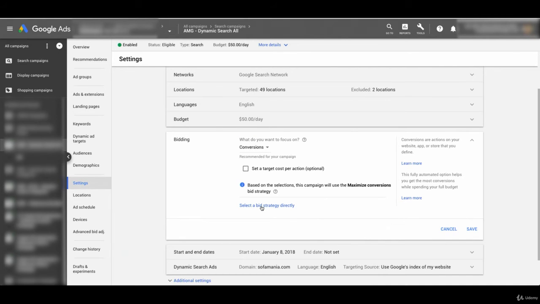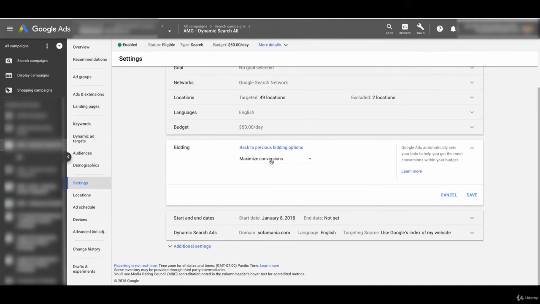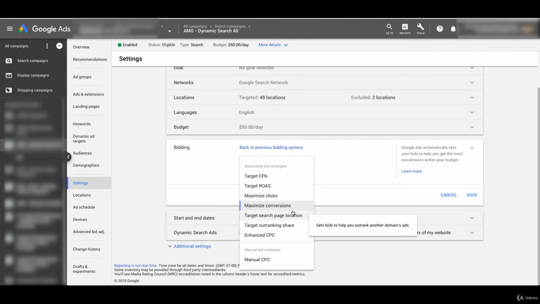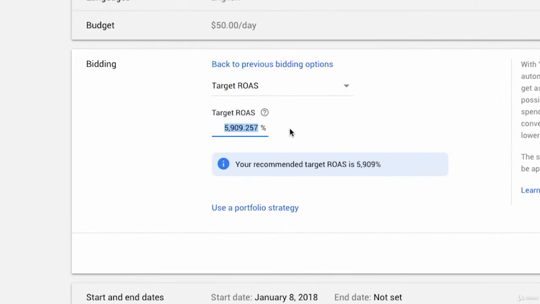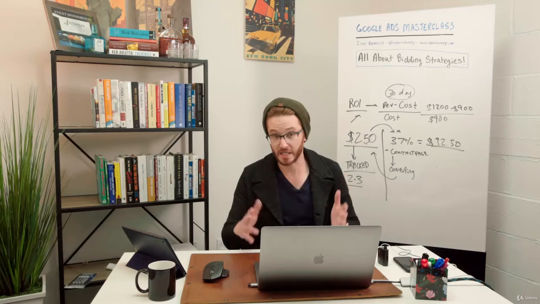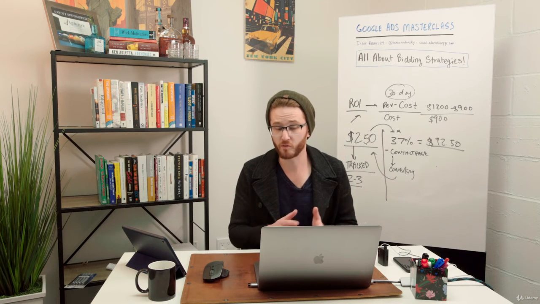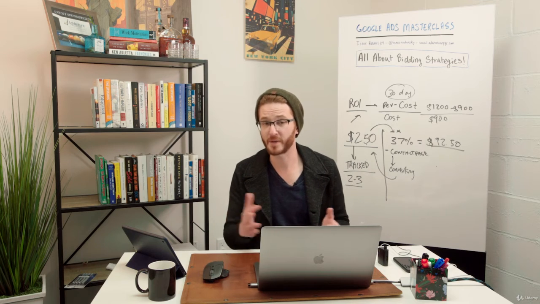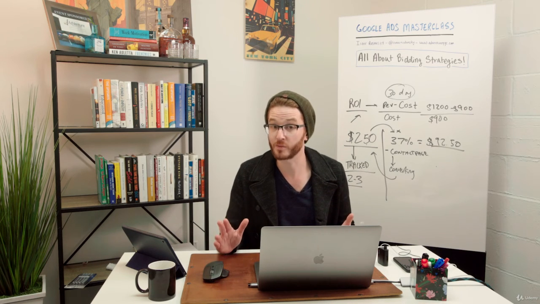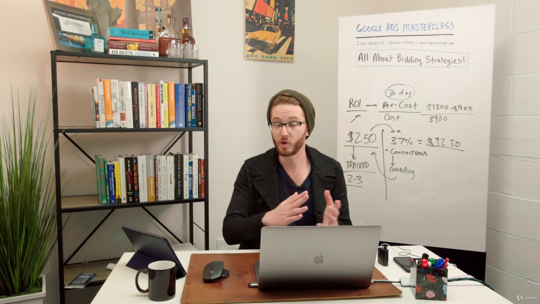So if I go and select a different bidding strategy here in a live account, I could click on target return on ad spend, and then I can give a specific target that I want. So I could put in 2,000% as a target return on ad spend. I could use Google's suggestion of 5,900, and this campaign is, really, really dialed in. It's earning $50, $60 back for every dollar spent on advertising, so it's a really, really highly profitable campaign that typically works for most businesses. It might not work for every business. You might need to earn $100 for every dollar you spend, all depending on the dynamics of your specific business